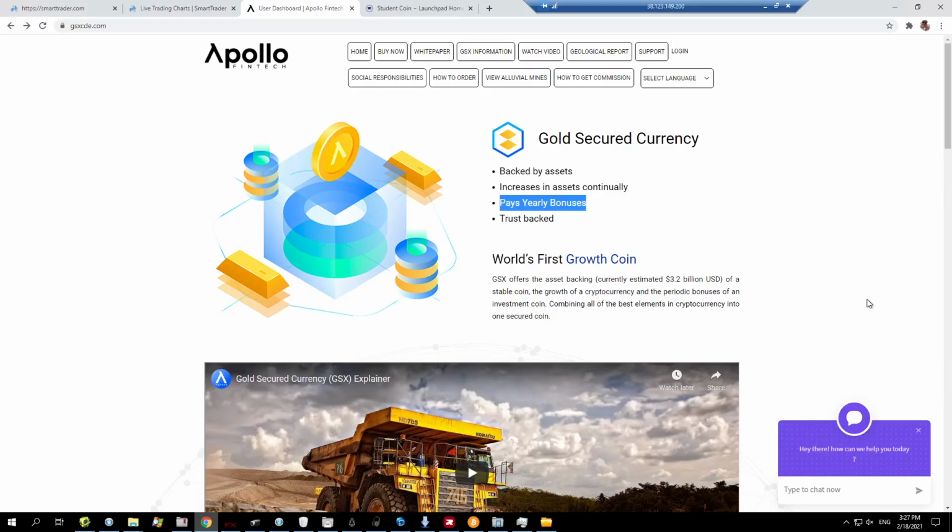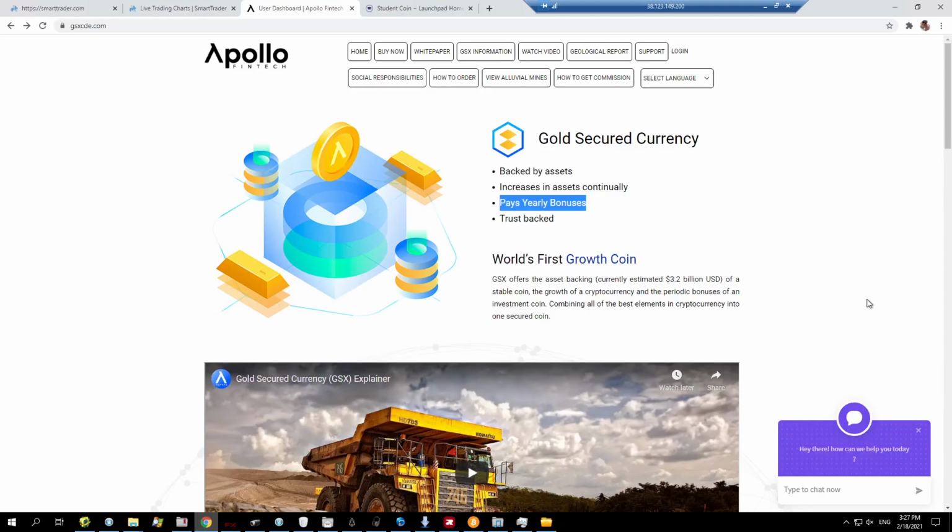I think it's a good investment, and I believe if I help you invest, then you make money, and then you'll come back and buy our products from us. So it all works itself out in the end, and I believe it will be beneficial to us too. But what's really good about this coin is it's the first growth coin,